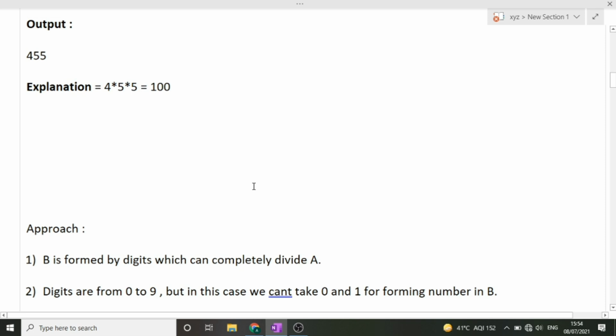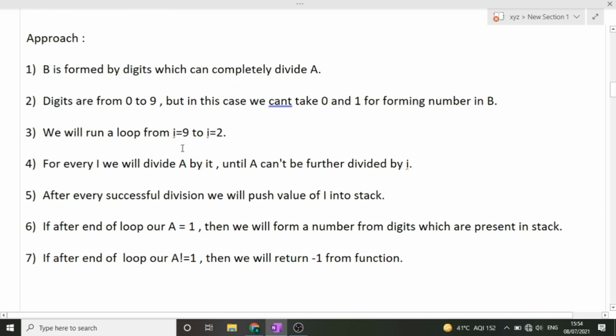Now let's see the approach of this question. Guys, the approach of this question is a little long, but first I will be reading the approach and then I will be dry running this approach on a certain test case. So if after reading the approach you do not have any idea, then it doesn't matter. Please watch the dry run section also for this video. That will make things more clear.